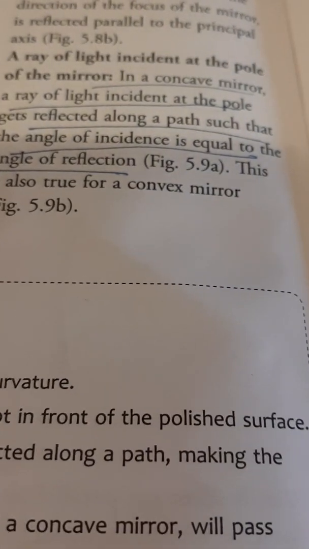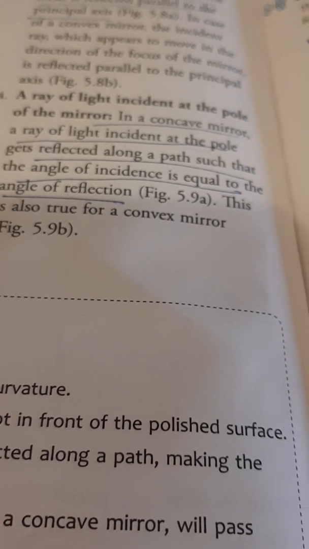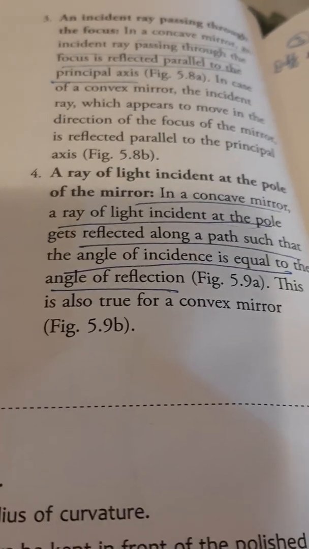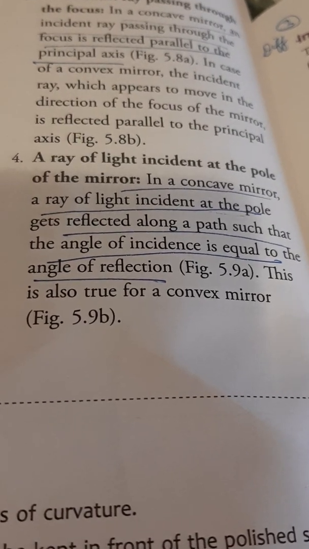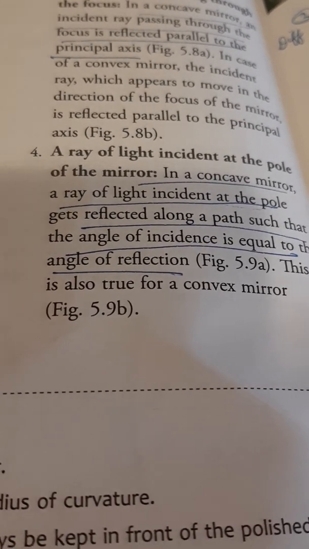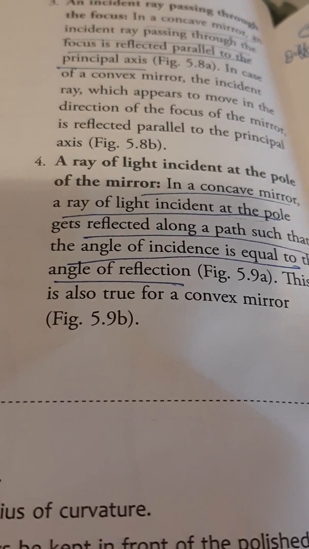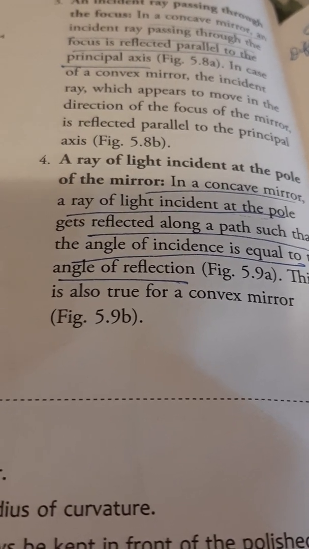So these are the 4 rules which we have to study, and depending on these 4 rules, we take 2 rays, because in order to have the point of intersection we require only 2 lines. 2 lines when they intersect give you the point of intersection. At the point of intersection the image is drawn. So you have to remember all these 4 rules.